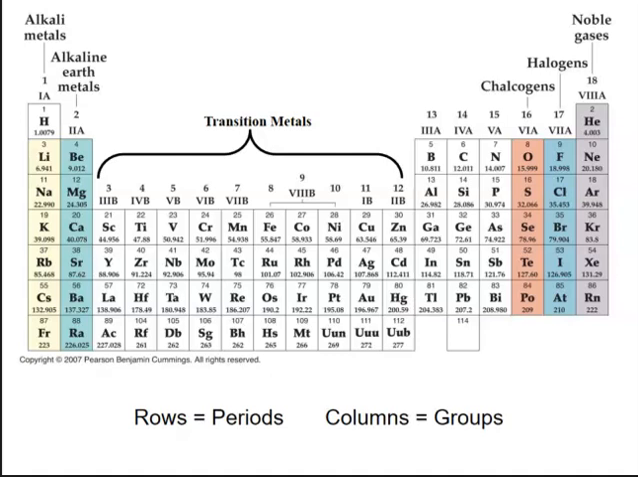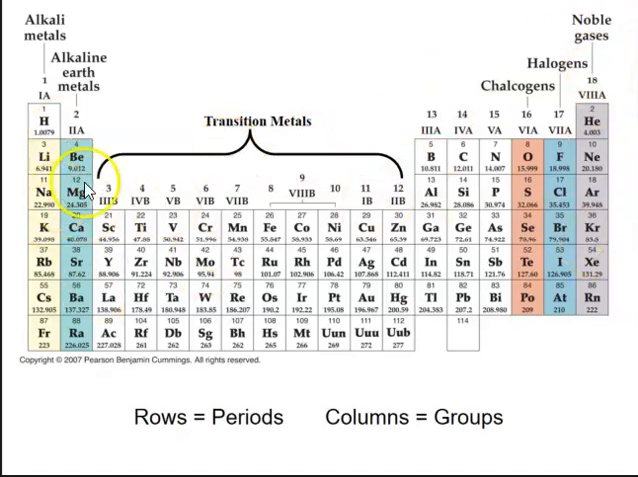All right, let's take a little tour of the periodic table. So, all of the rows, we call those periods. So, we have the first period up here, second period, third period, and so on. The columns are called groups. All right, so you have group 1, group 2, just kind of goes all the way across, all the way